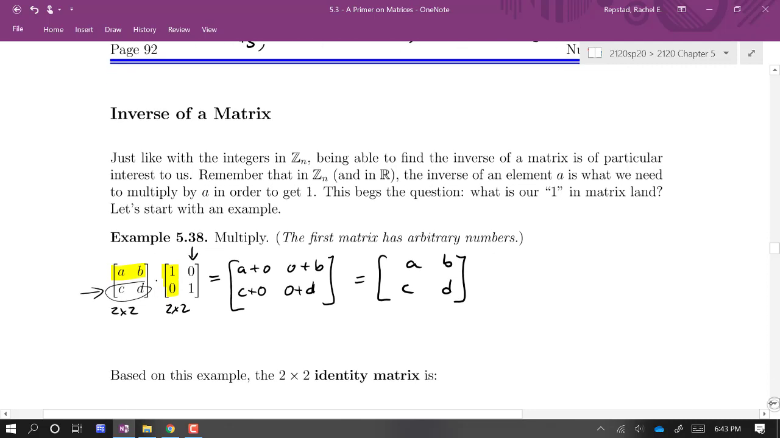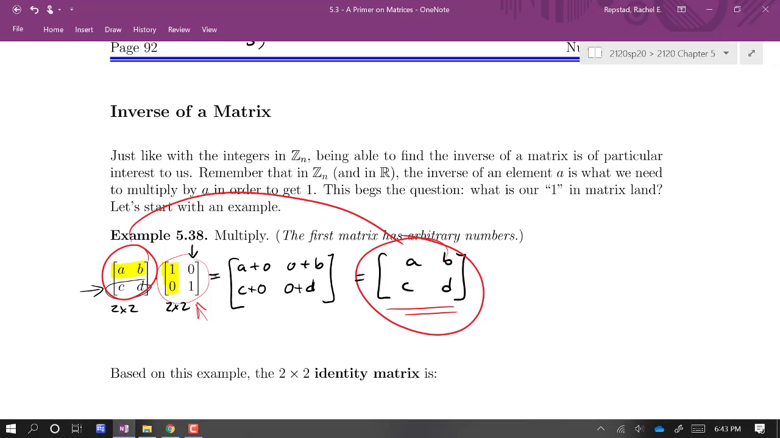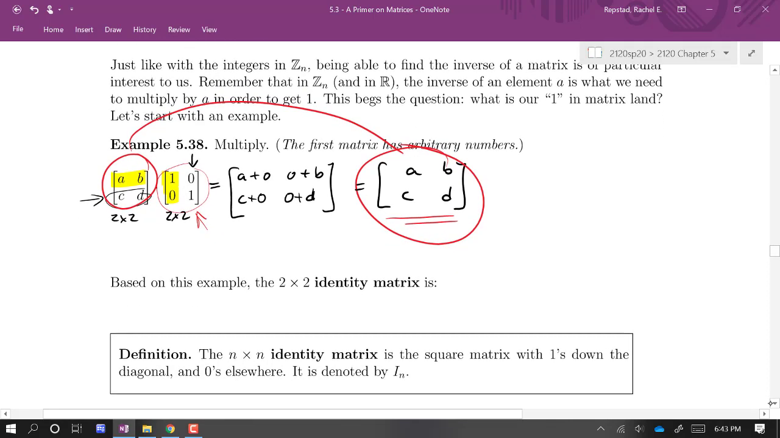It's the same matrix that we started with. So we took this matrix, A, B, C, D, multiplied it by this other matrix here, and got the same matrix right back. That means that this matrix, 1, 0, 0, 1, is like our 1. We call it an identity matrix, a multiplicative identity, and this is the 2 by 2 identity matrix,